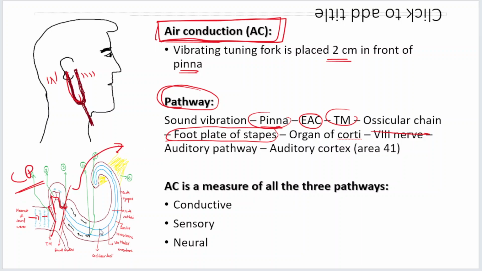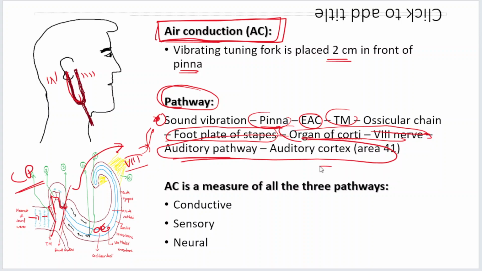What are they? They are the organ of Corti, then the eighth nerve, then the auditory pathway in the brain, and finally the auditory cortex. This one, from the organ of Corti to the auditory cortex, is what we call the sensorineural pathway. So when a patient says, I can hear this tuning fork well when you place it in front of my pinna, he is conveying to you that my conductive, sensory and neural pathways, all of them